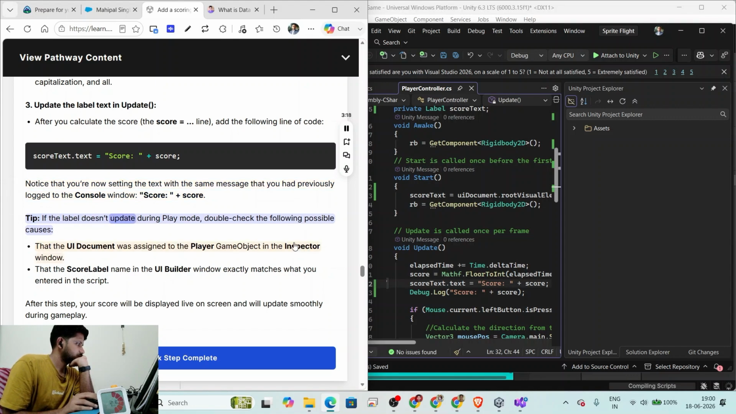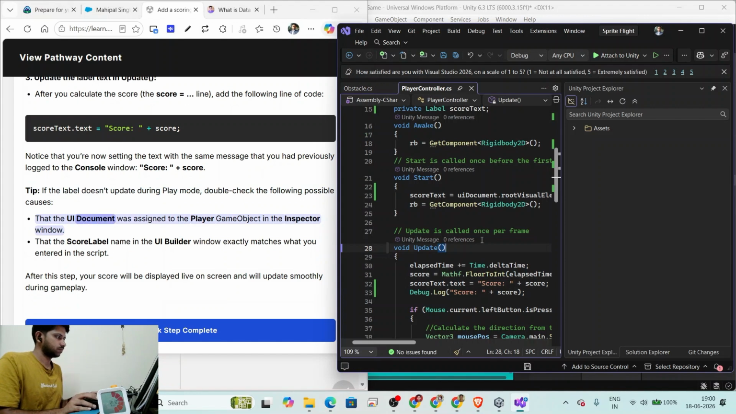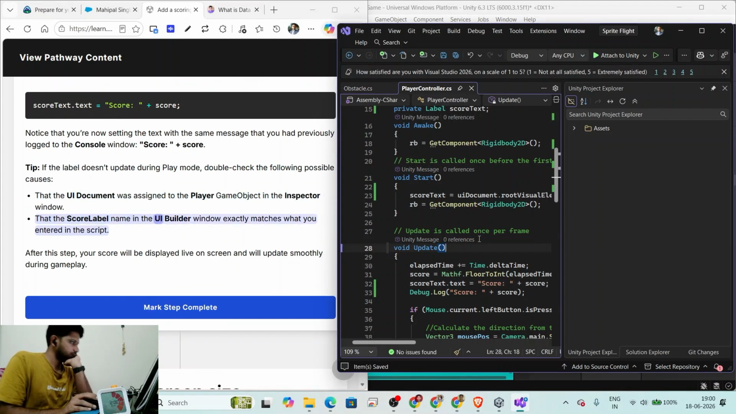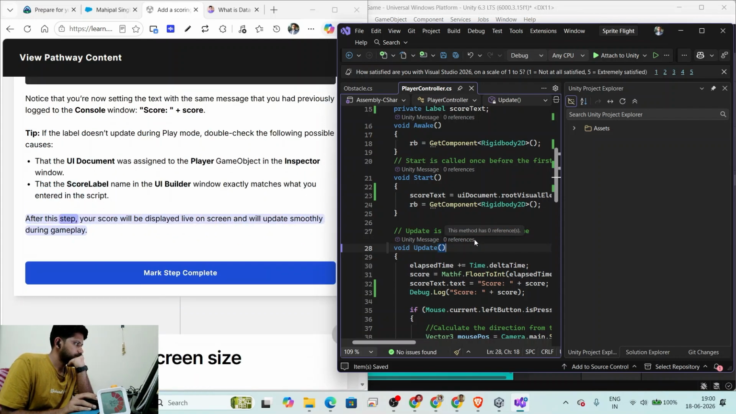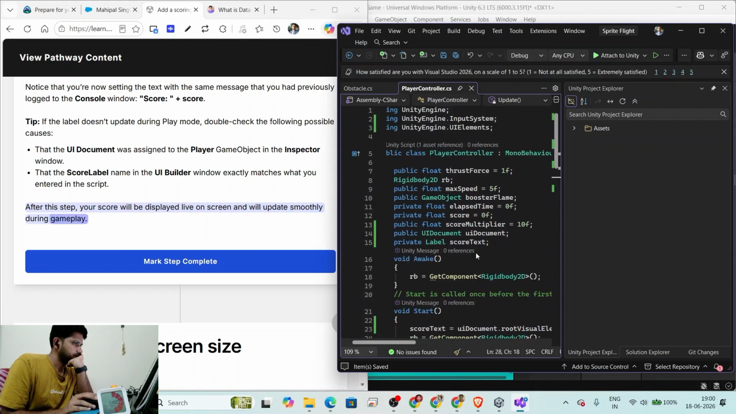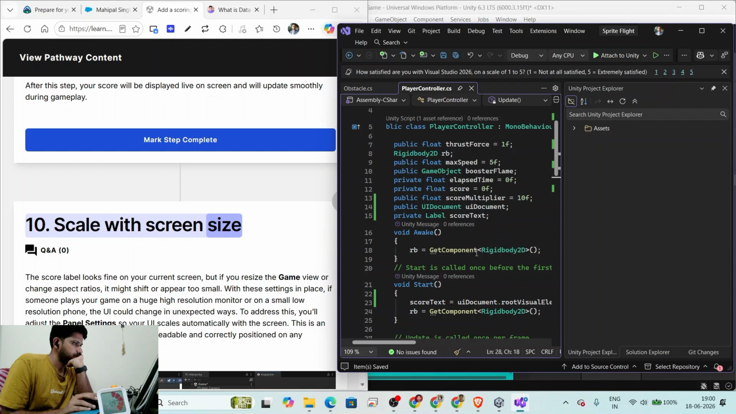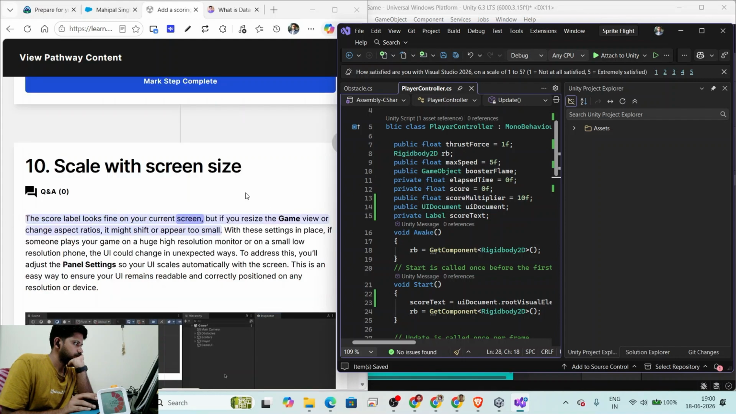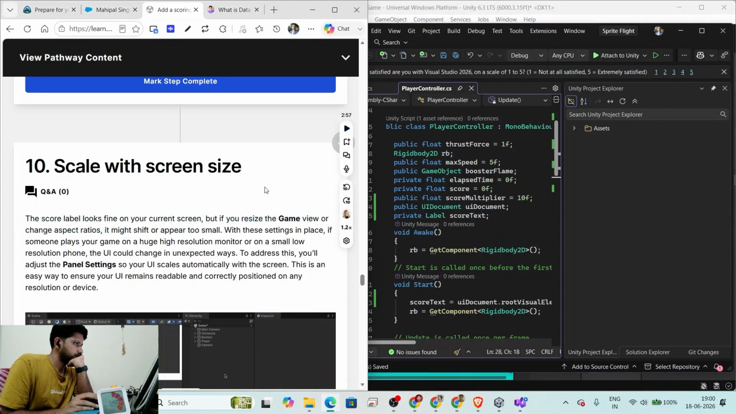If the label doesn't update during play mode, double check the following possible causes: that the UI document was assigned to the player game object in the inspector window, and that the score label name in the UI Builder window exactly matches what you entered in the script. After this step, your score will be displayed live on screen and will update smoothly during gameplay. Scale with screen size. The score label looks fine on your current screen, but if you resize the game view or